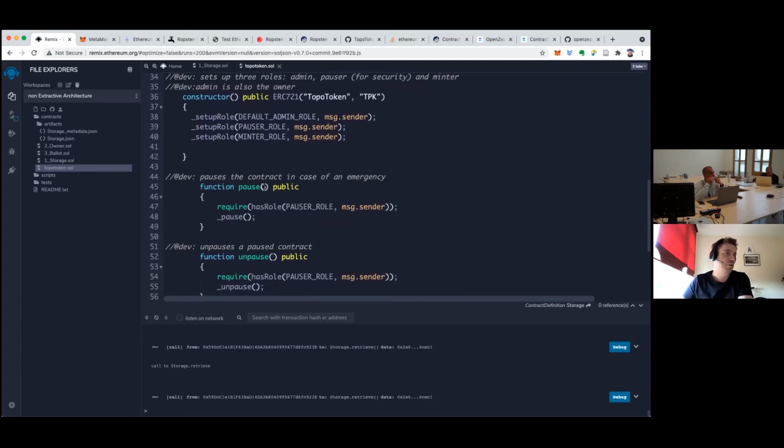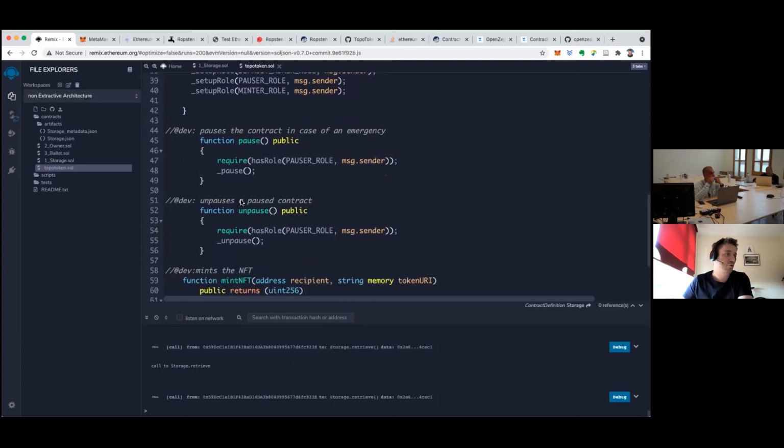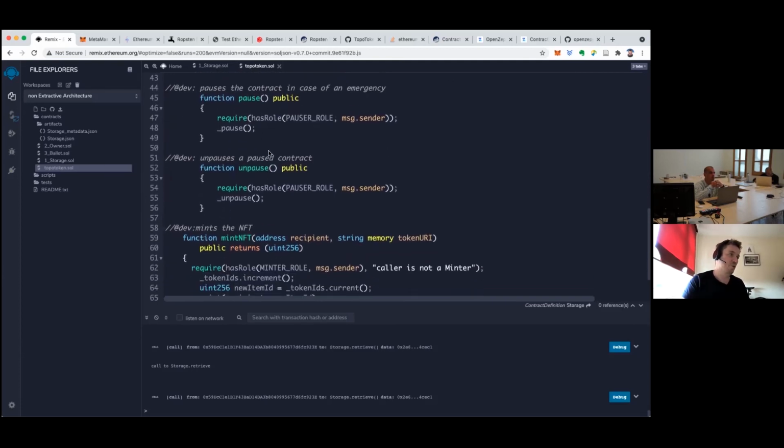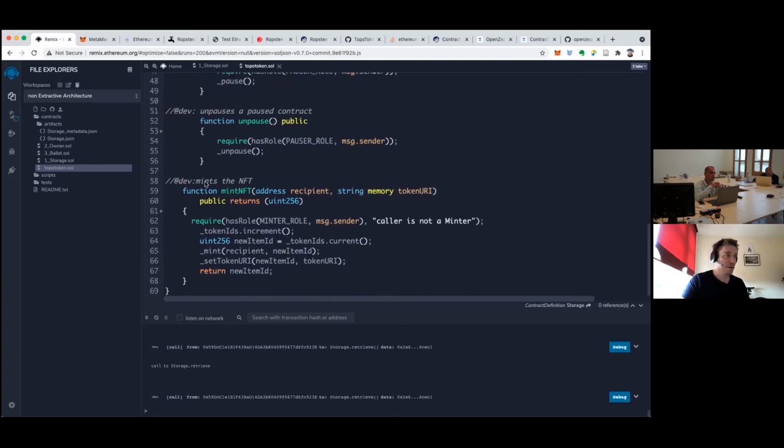You can pause the contract and unpause the contract. These are only for security purposes, so it is good practice to have pause and unpause functions. If something happens and you need to act, you can pause the contract and prevent anybody else from changing data. Then comes the actual main function of minting the NFT,